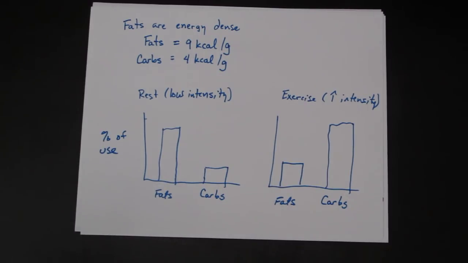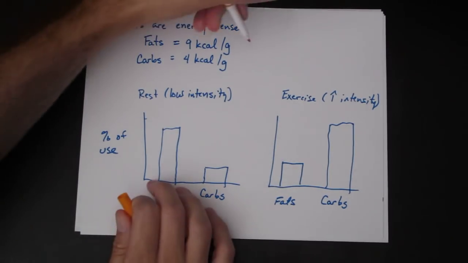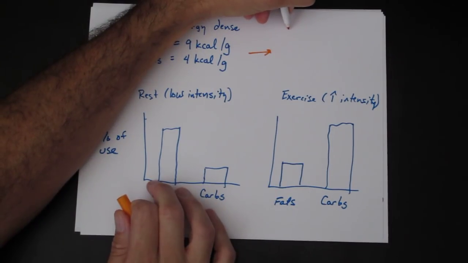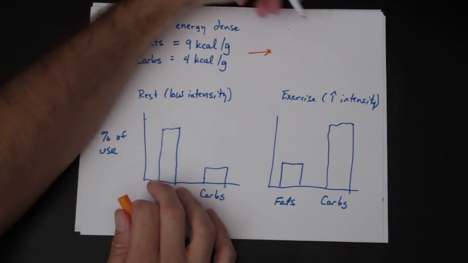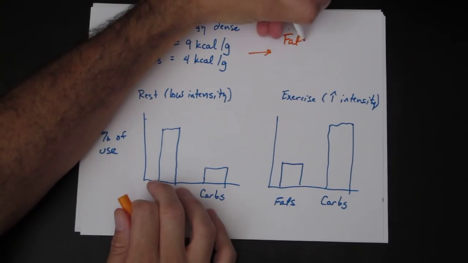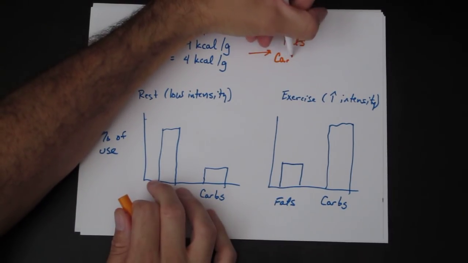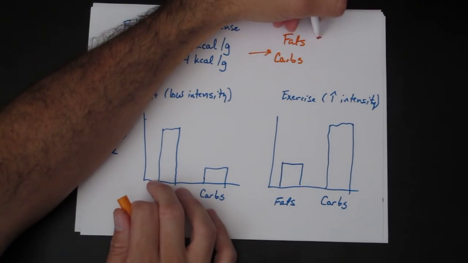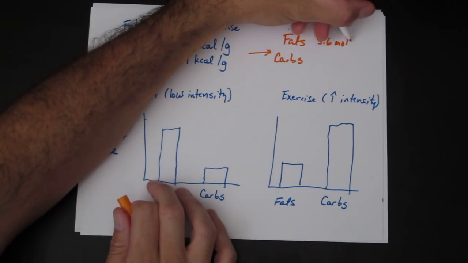One other thing that I want to look at with this: we know that fats are more energy dense. However, we notice that we don't get as much energy from them all the time. So let's look at some other numbers from some empirical data. If we look at lipids, or fats, and compare them to carbohydrates, we see that fats give us 5.6 moles of ATP